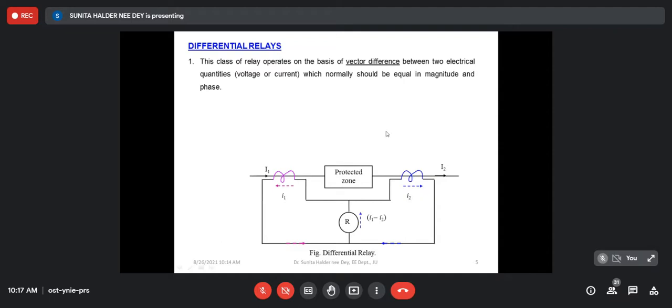Now we shall switch over to the differential relay. For the differential relay, you may assume all the relays are actually overcurrent relays, but they are configured in a different way. Like in this relay, actually this relay senses the current difference between two circuits, okay, and from there,